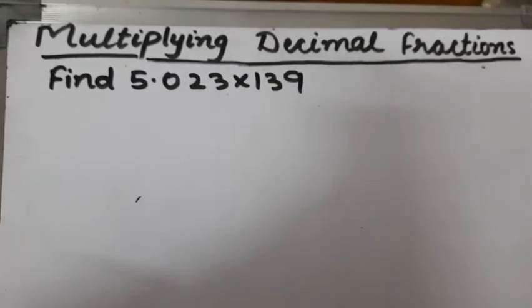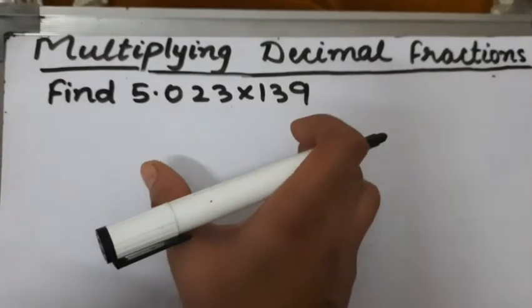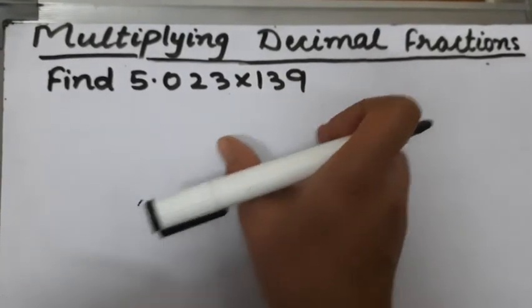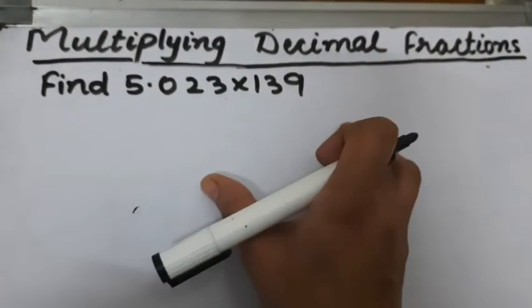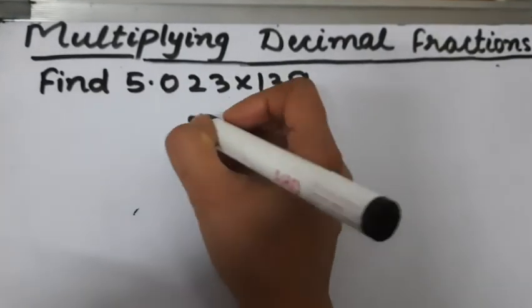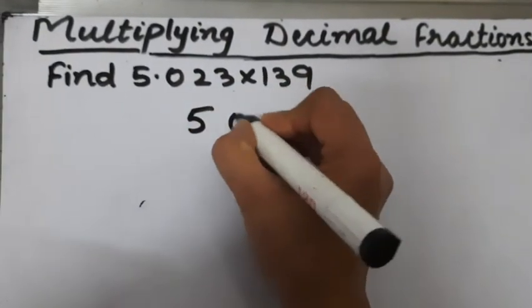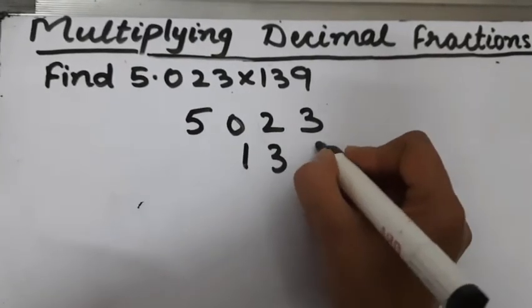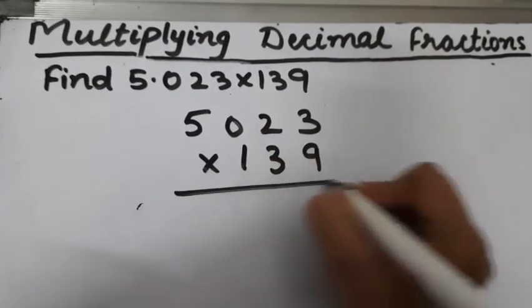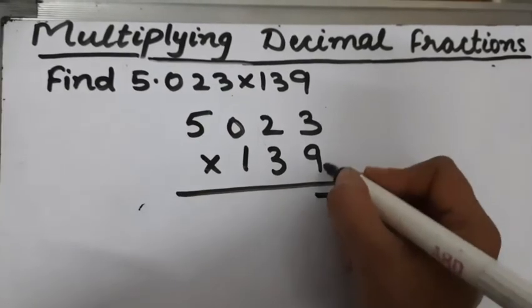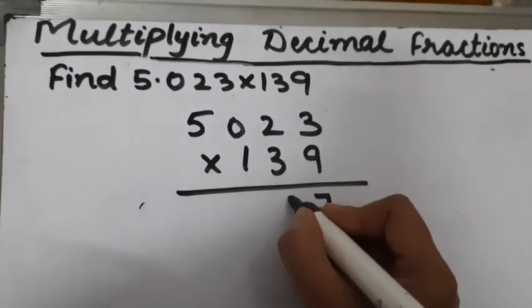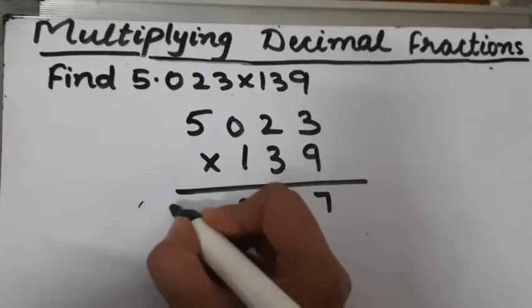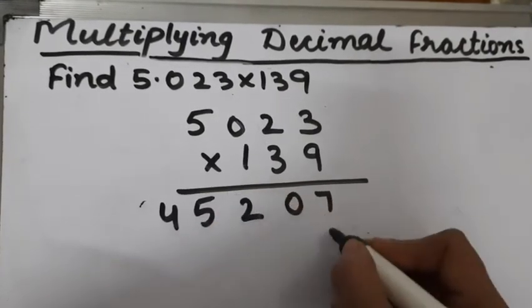Let's take one more example. Suppose we have to multiply 5.023 by 139. So what we will do, we'll multiply same as we do in whole numbers. 5023 by 139. 9 threes are 27, 9 twos are 18, plus 2 is 20, 9 fives are 45, 3